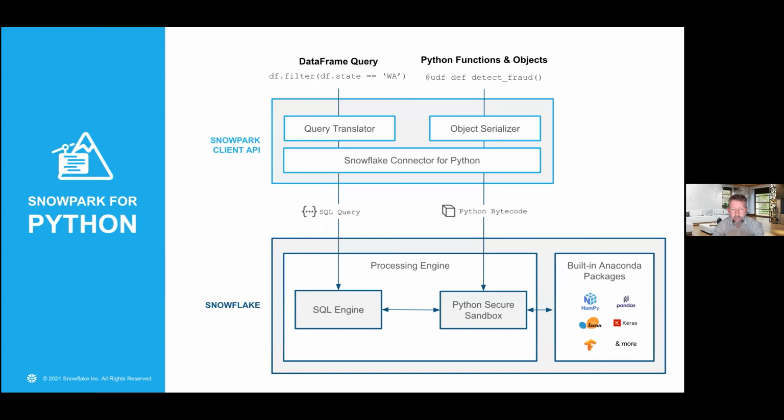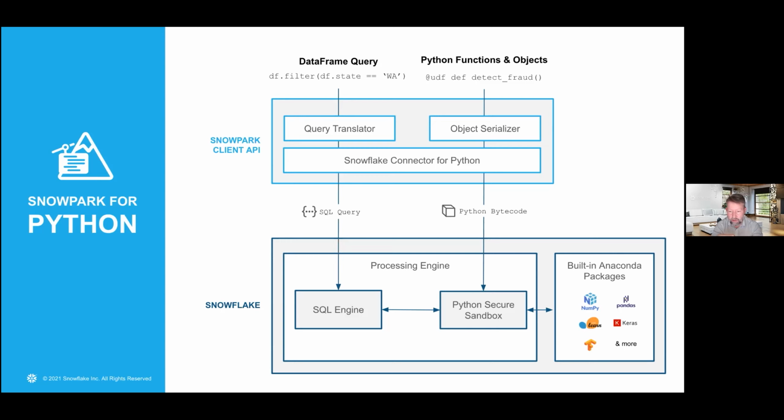So the detail of what that looks like. There's the DataFrame side of this, where we define joins and filters and projections, what columns we want to look at, using a DataFrame-like API. And then the definition of functions, which could be defined in that client-side code, will effectively be packaged up and turned into user-defined functions inside of Snowflake.